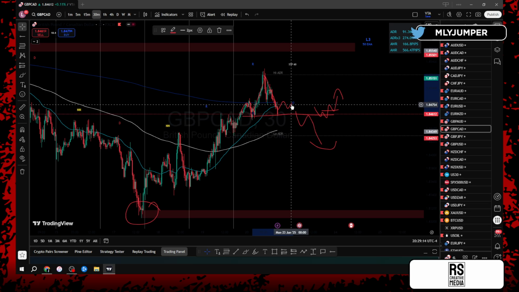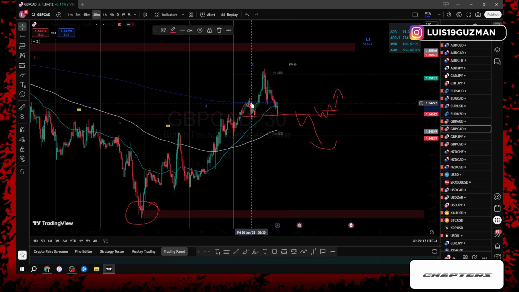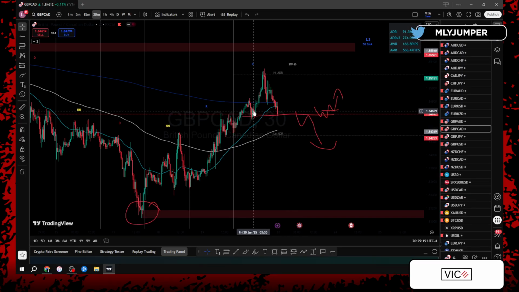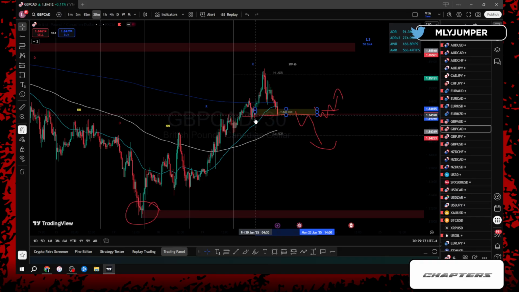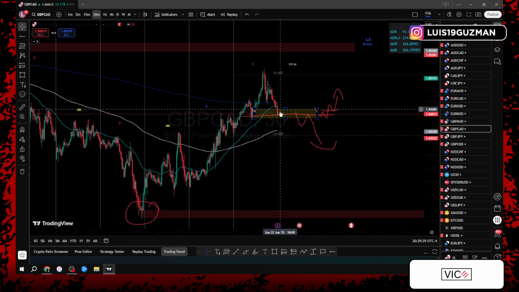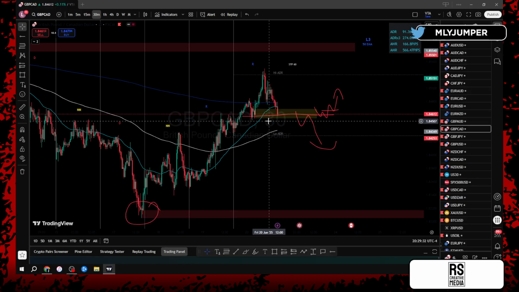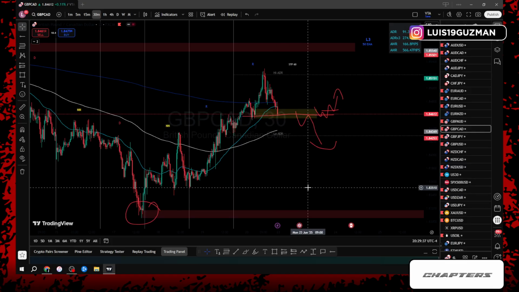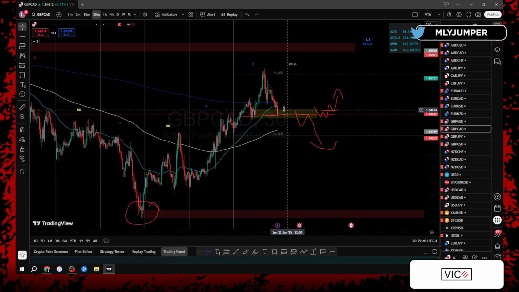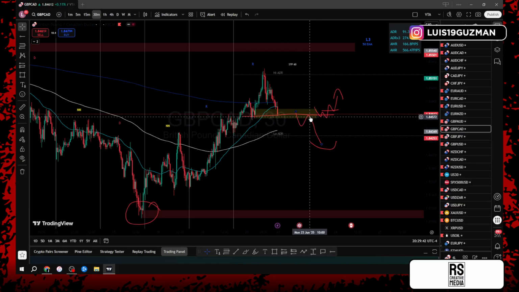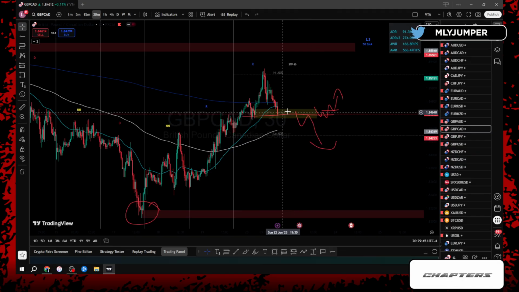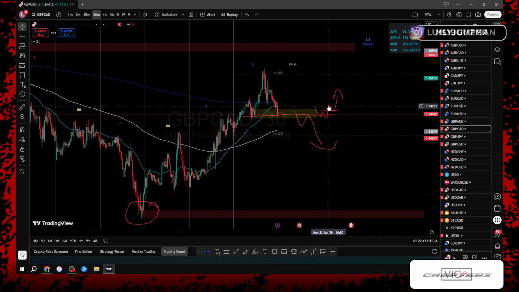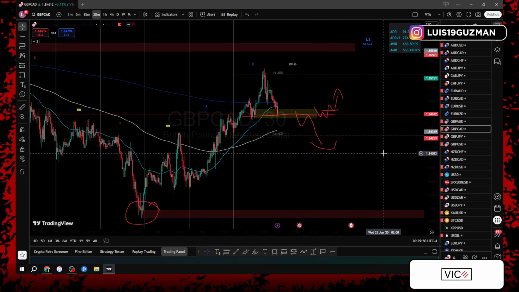With that being said, what else is printed on the chart here? An engulfing candle. So what else do we know? Very simple. If price breaks below our engulfing candle, which right now, if we were to take this trade, we would be in drawdown, right? What do we need to wait for? Same thing. Either a break of the lows, retest to continue, or this is where the inducement of the lows will happen to then continue that push to the top side.